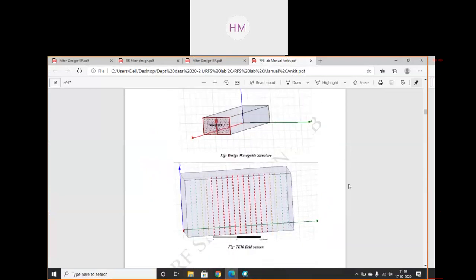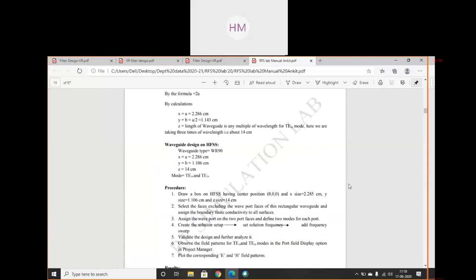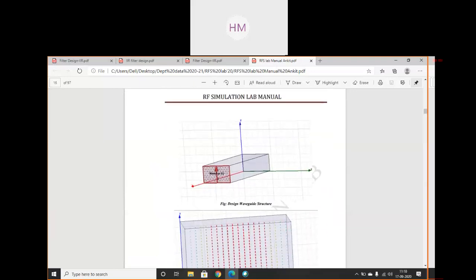Students, have you drawn these diagrams in your copy? Just make a rough sketch of this.